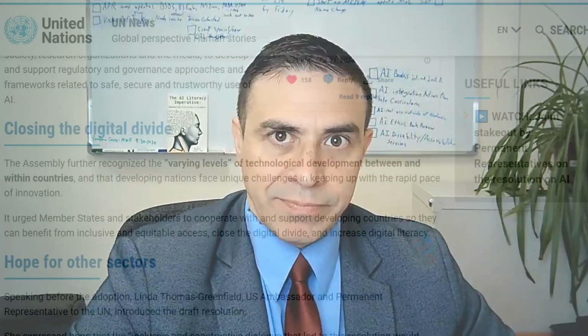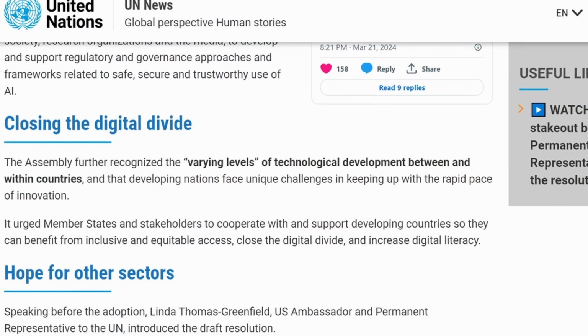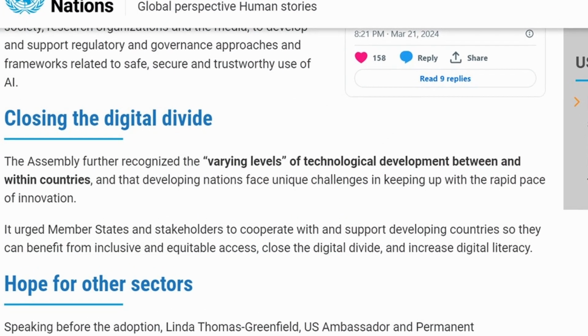So if the AI is doing something that could be hurting someone online, as well as offline, those things will be looked at and there'll be laws and regulations associated with that. So again, the human rights aspect is important, and that's the first thing that was addressed within that UN resolution. The other big one is this idea of closing the digital divide.